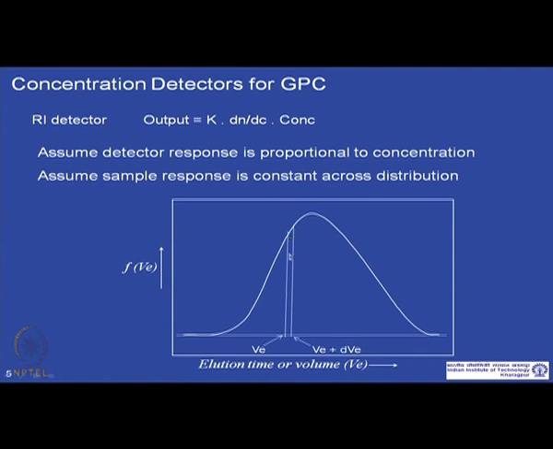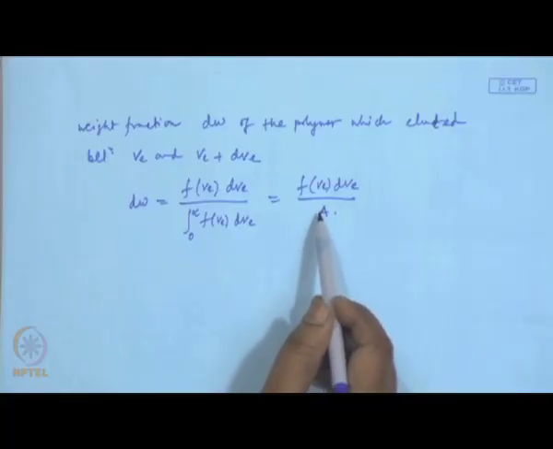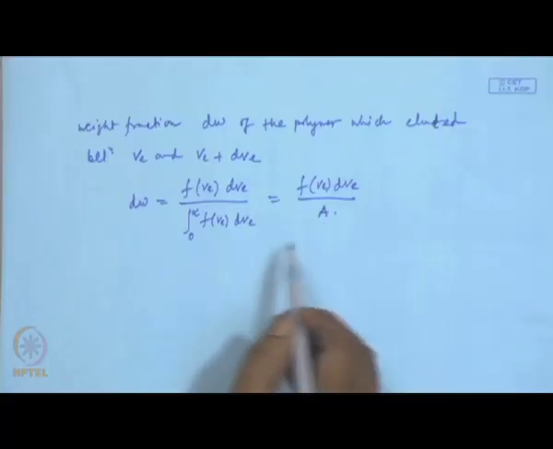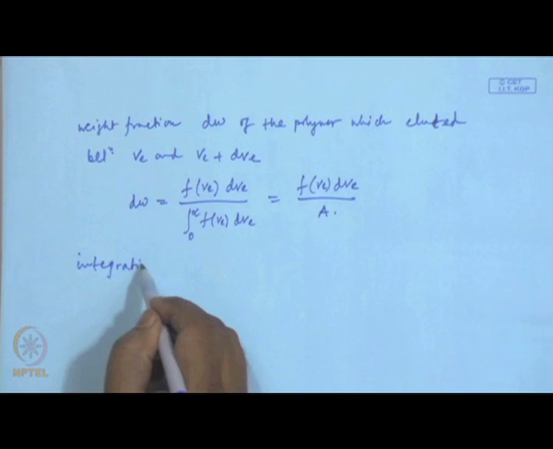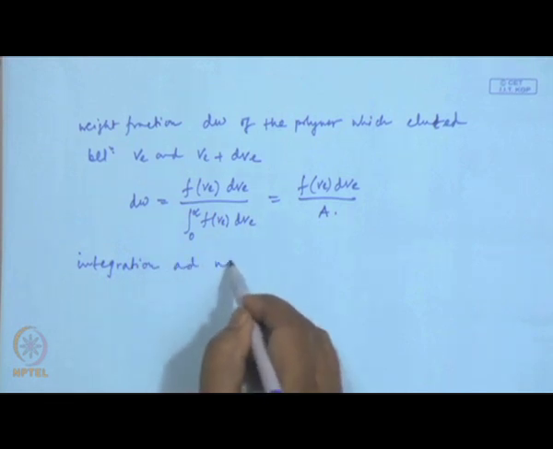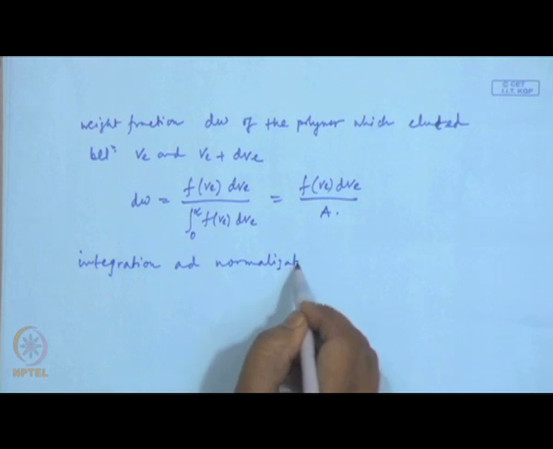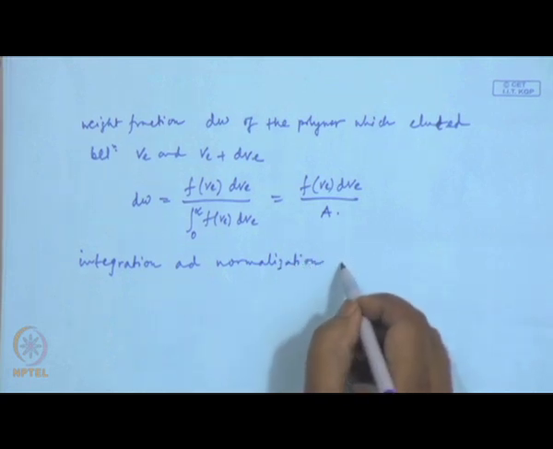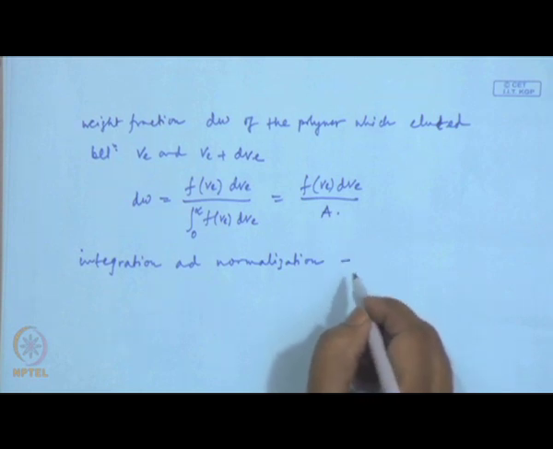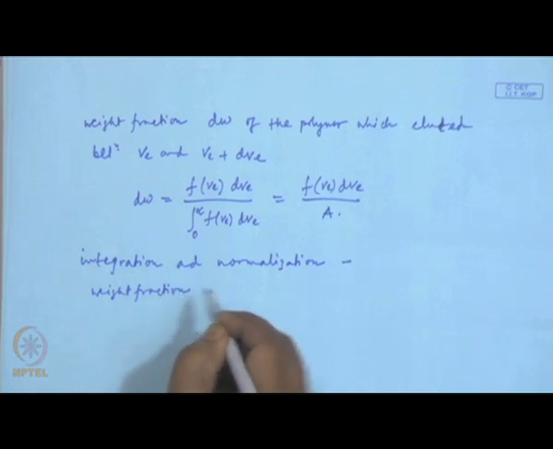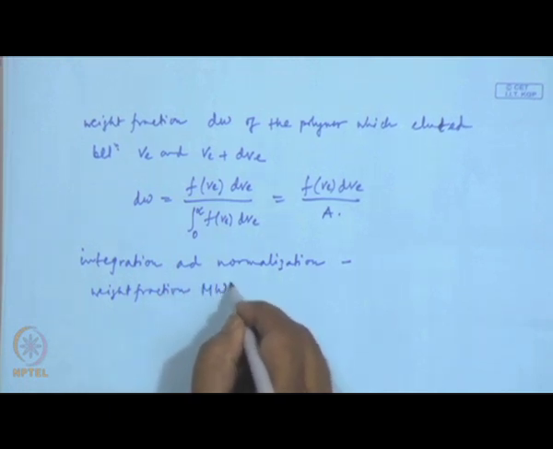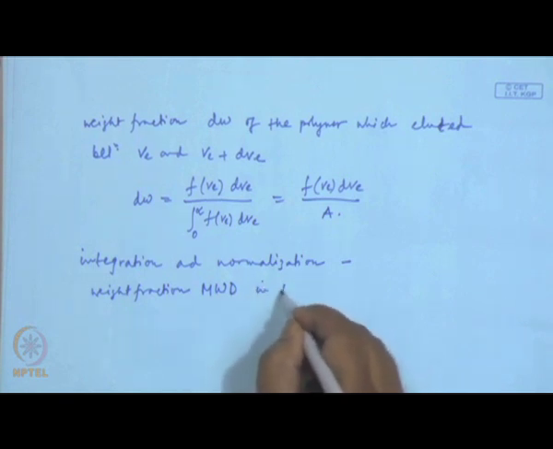This is the weight fraction for the polymer which eluted, and it can be written like this, where A is the area under this curve. And if we do integration followed by normalization, we can get this weight fraction molecular weight distribution in the form